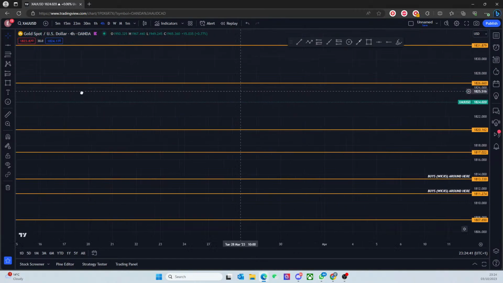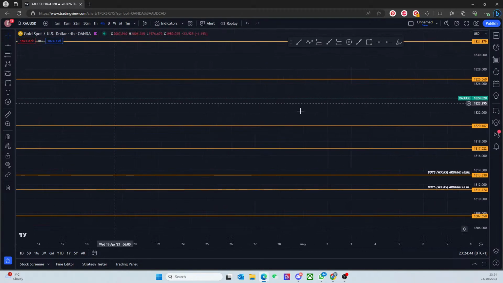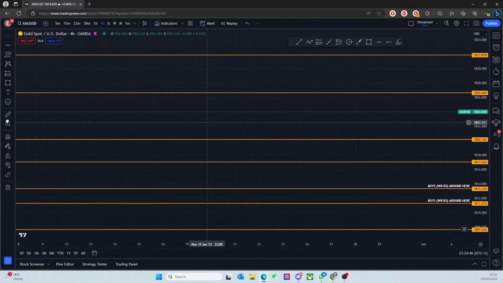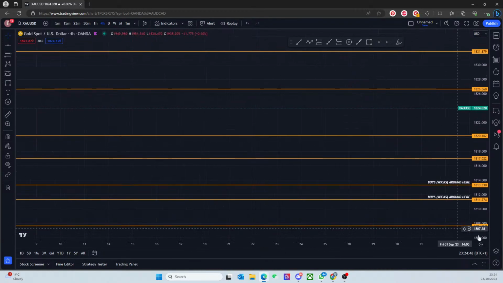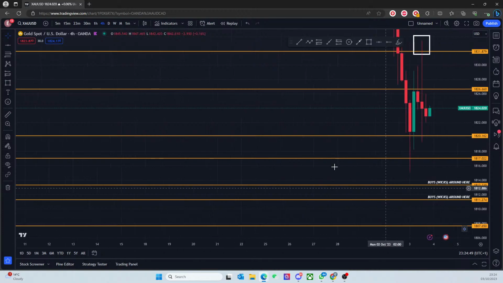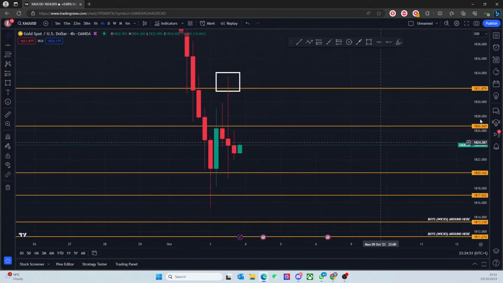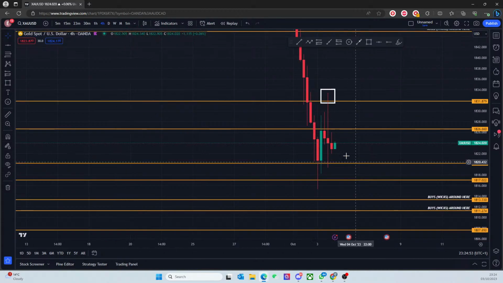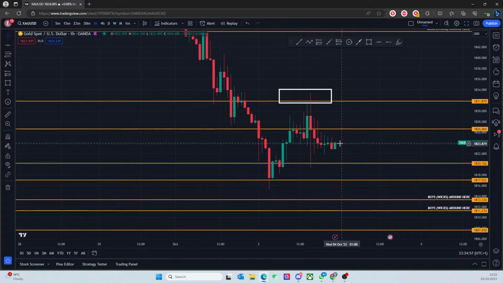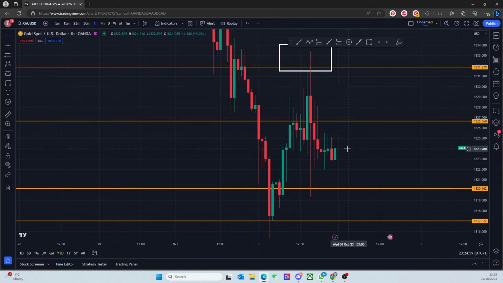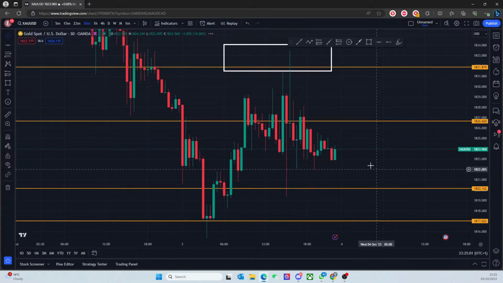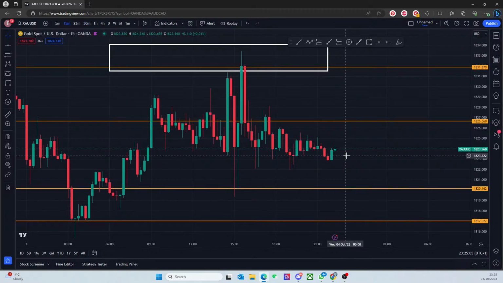And this is just a guideline. I don't think it's going to happen in Asian. I think Asian's going to range a little bit. You're not going to get too much movement, but yeah, 4 hour doesn't have a bottom wick, it could flip. Hourly is looking like a fake out, so then you have conflicting information, right? Your 30 is also looking like it's faking out. Your 15 is also looking like it's already faked out, right? You're still kind of respecting this sort of zone, so you could start driving down.